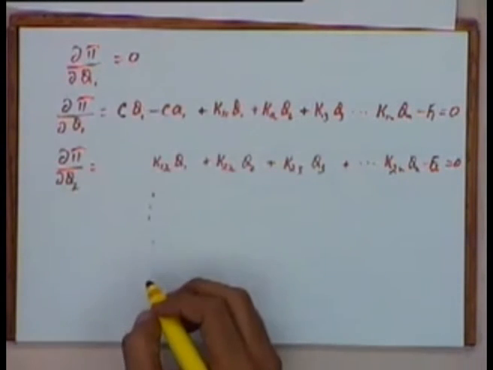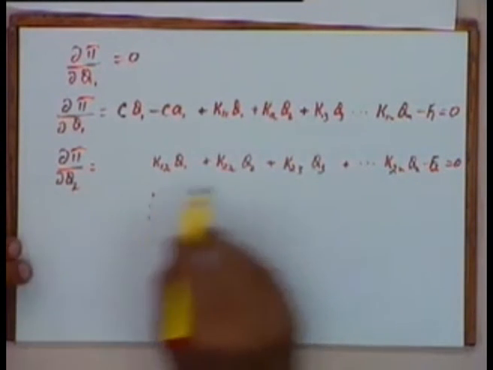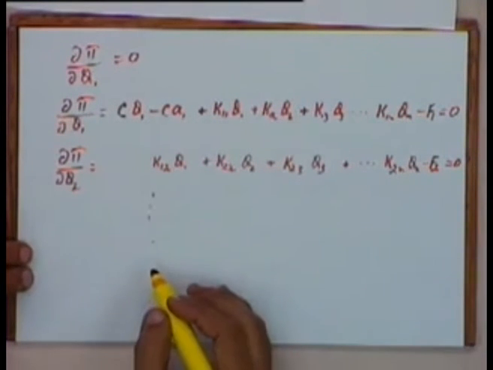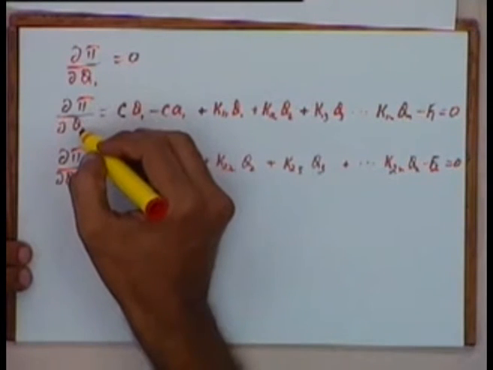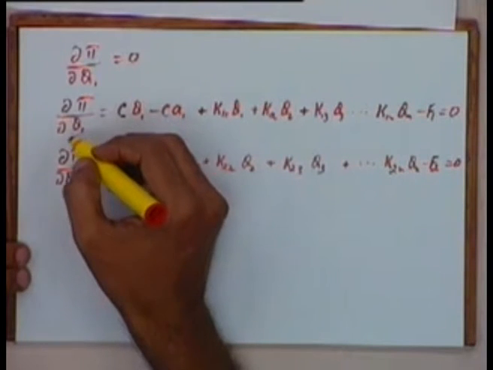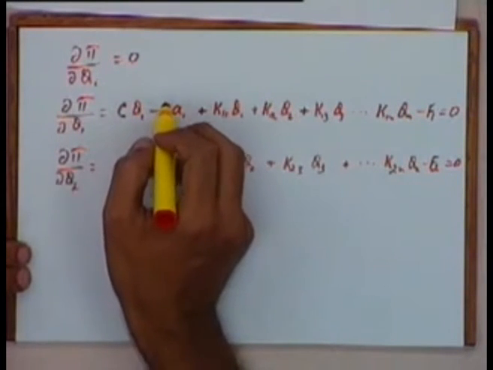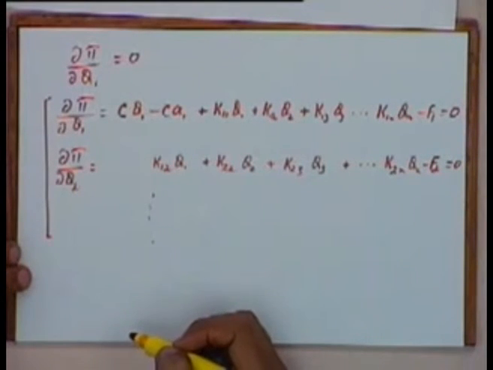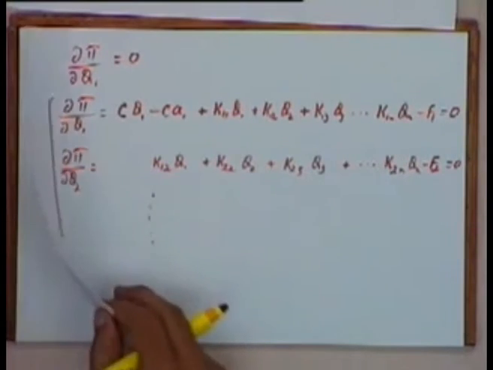So this way we will get a system of n equations. Now we have n equations, not n minus 1 equations, because I am also differentiating with respect to q1. Last time I had put q1 equal to a1 and I had eliminated the variable q1. I am not doing that now. So I will now have a system of n equations, and if I write them in a matrix form,